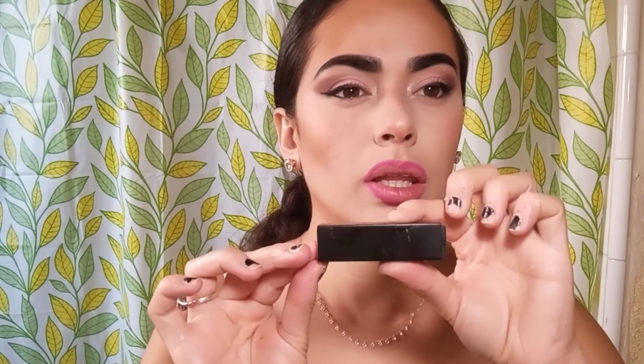Okay, and then for the lips, I'm gonna be using this lipstick. I forgot the name of it. It's a really good one though. It's a really light pink, and then I'm just gonna